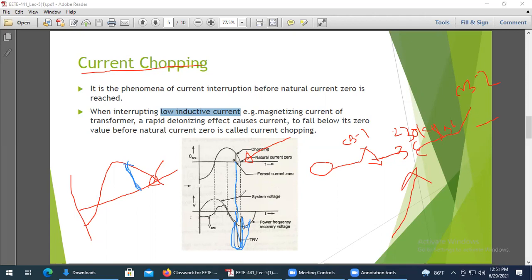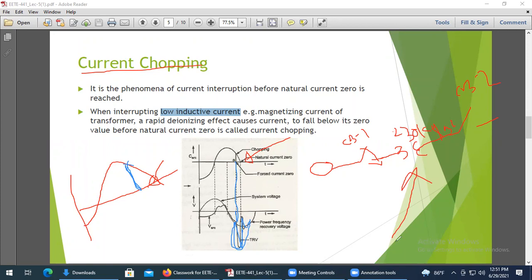Okay, understood or not? Now, this restriking of the electric arc will create another problem for you. What kind of problem? Due to this restriking, the arc current will continue in the same way as it was, isn't it? Now, whenever the arc current continues like this, the current chopping will occur again. And due to this current chopping, another high frequency TRV will appear here. The high frequency TRV will again restrike the electric arc.